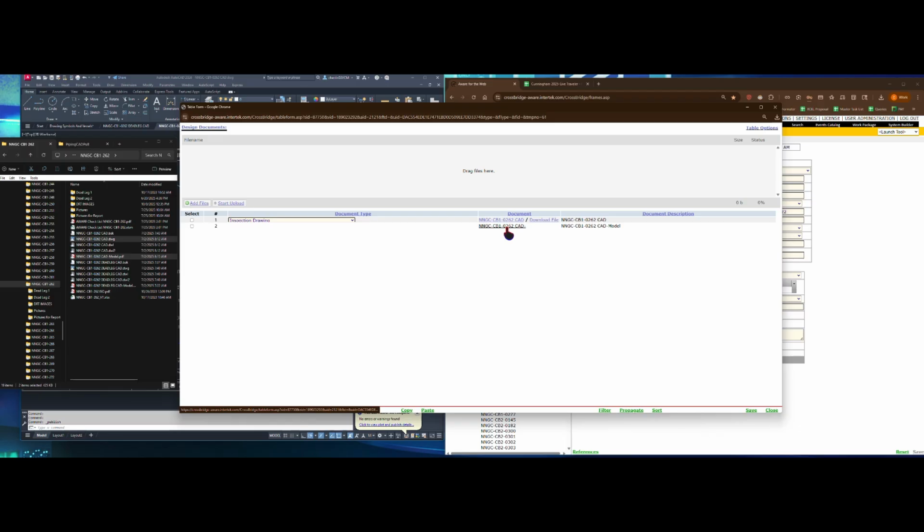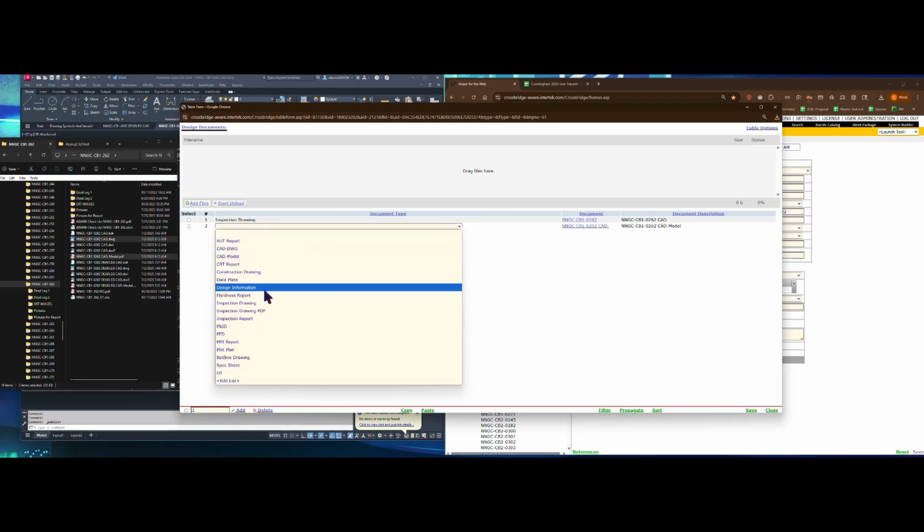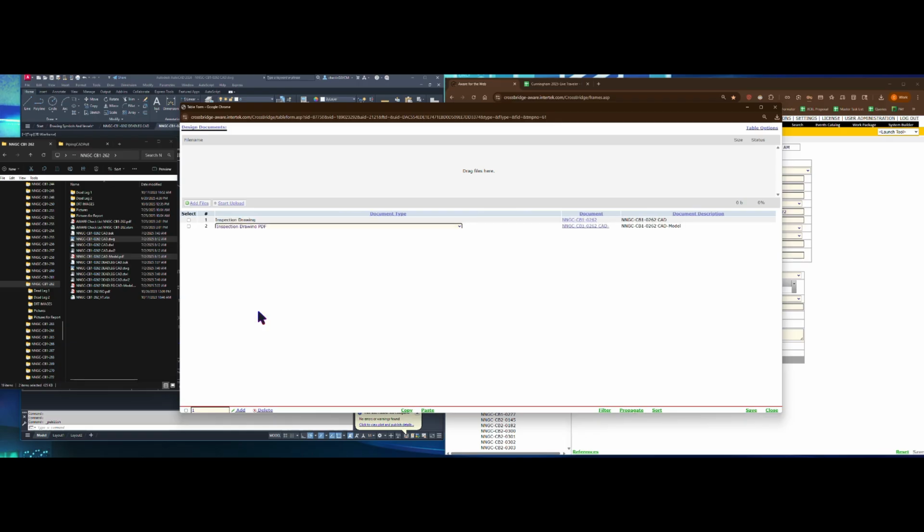And the CAD model always does this right here in the document section. It won't finish the name. It does it over here, but it won't do it here for some reason. But so we've got an inspection drawing and an inspection drawing PDF, right? So they can differentiate. So once you're done with that, click Save down here in the bottom right,